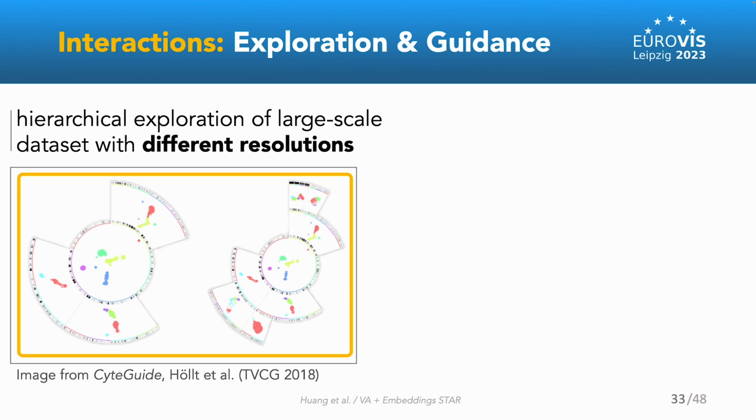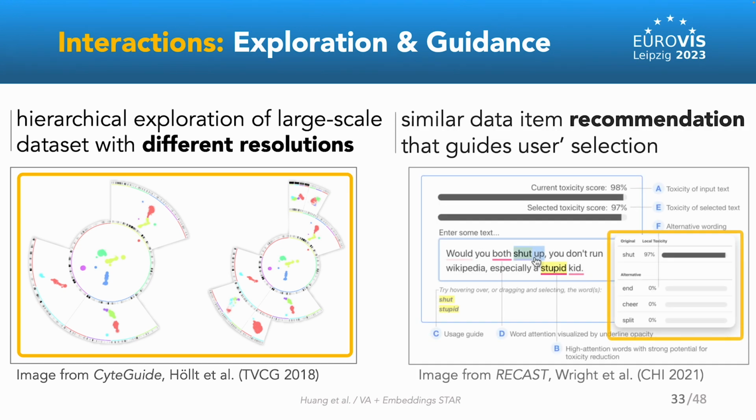When navigating through a large-scale dataset, essentially if the higher-level embeddings already show all the features of interest, it is unnecessary to generate a complete representation of the entire dataset. Computing the embeddings plays a role in summarizing the data and also offers a way to explore it with different resolutions. Another primary interaction associated with embeddings is not about exploring the embedding space, but about using embeddings to recommend